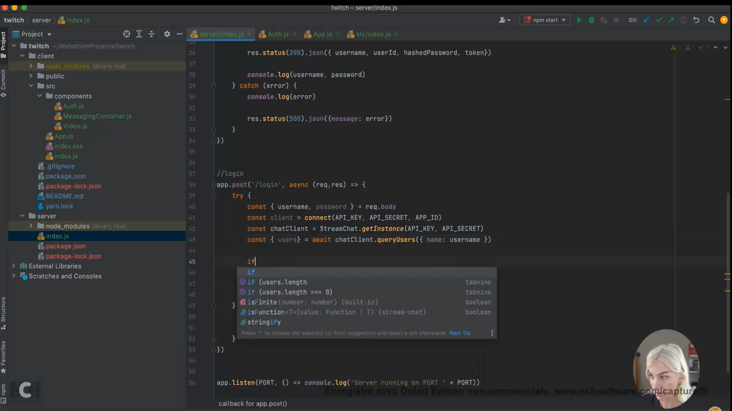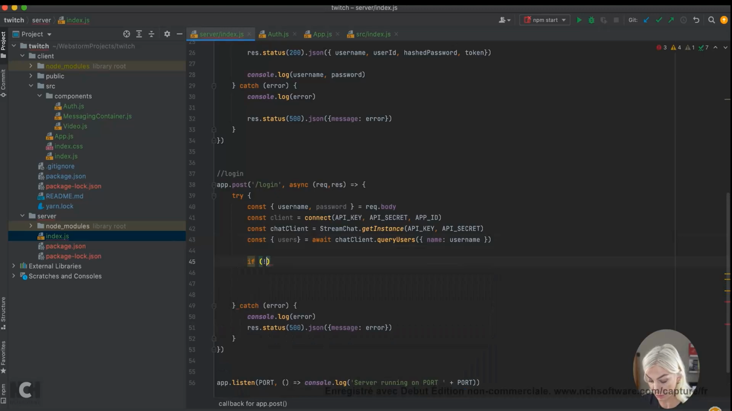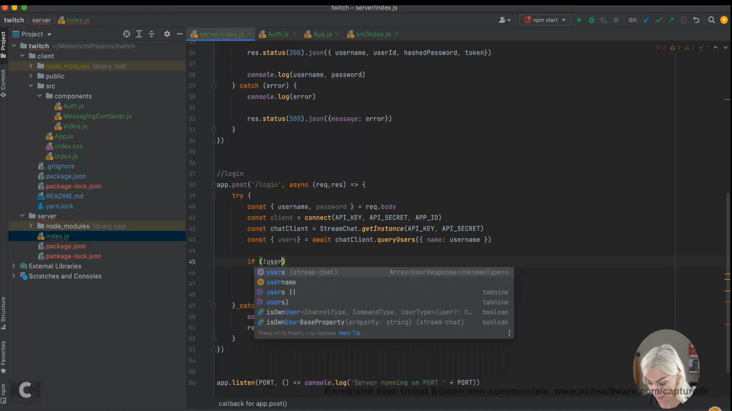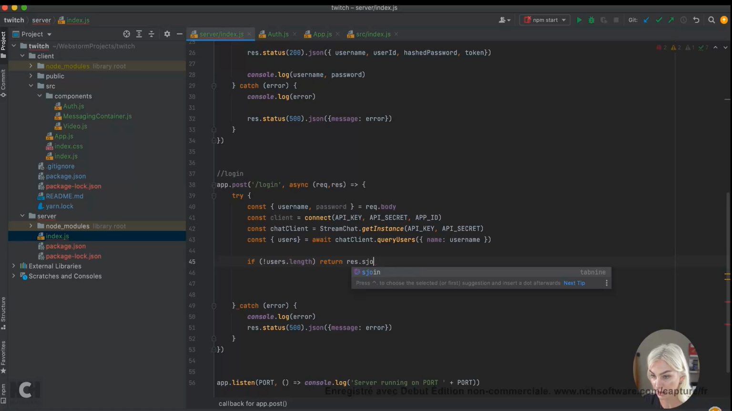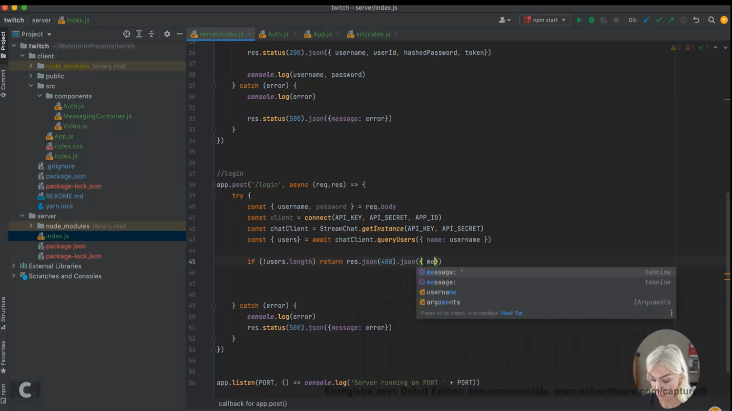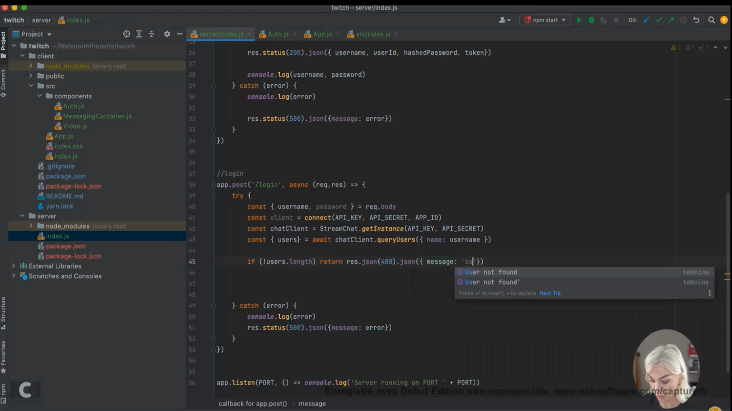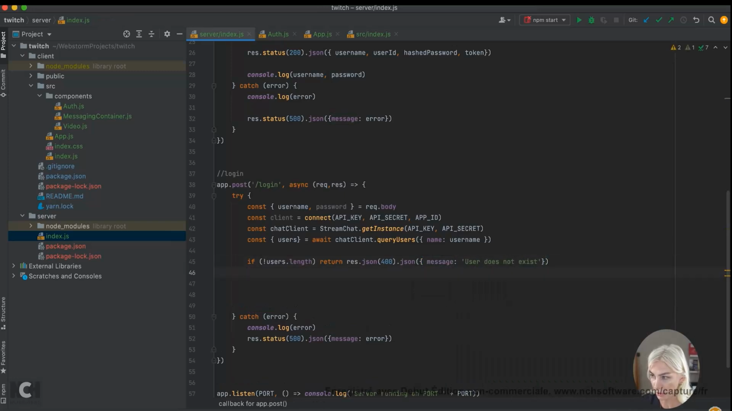However, if no users come back, so there's no users length, then we just want to return res JSON 400 JSON message user does not exist. Okay, so that's what we want to do. And then also